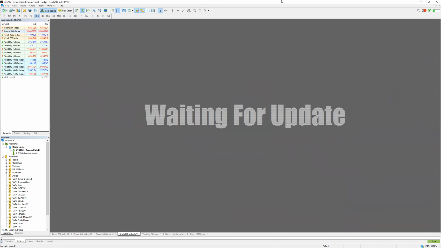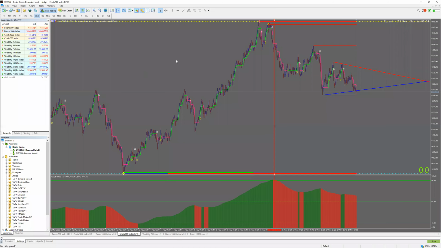The internet seems to be so slow because MT5 always requires a strong internet. Exactly. Now, as you can see in 10 minutes,